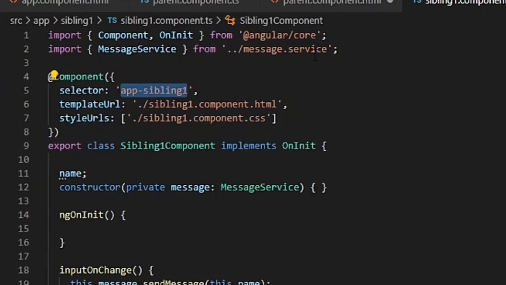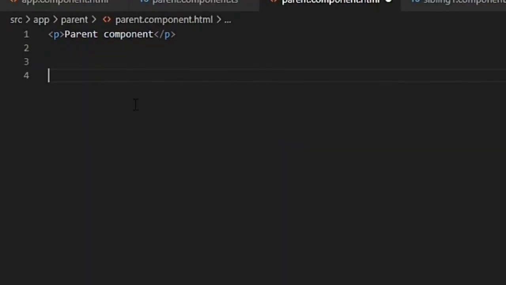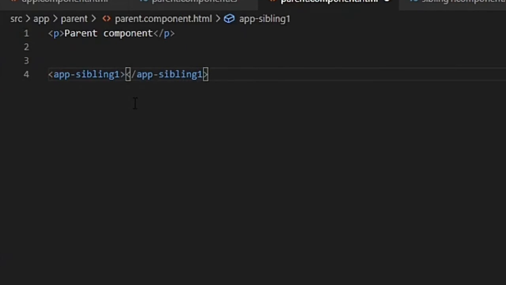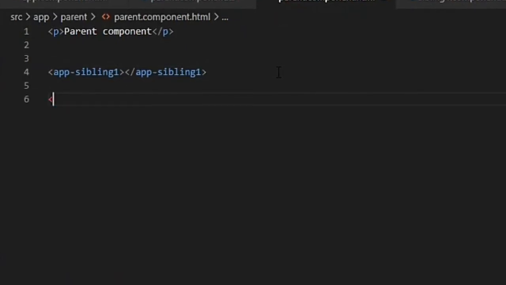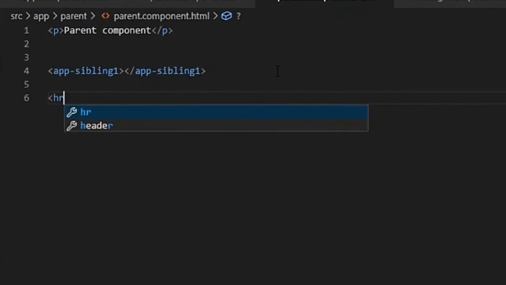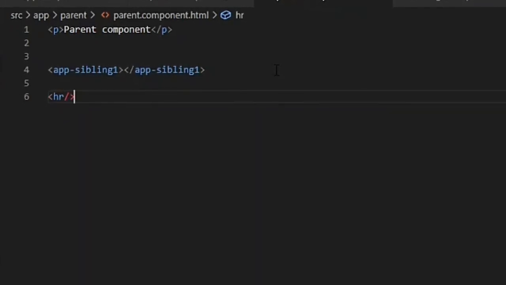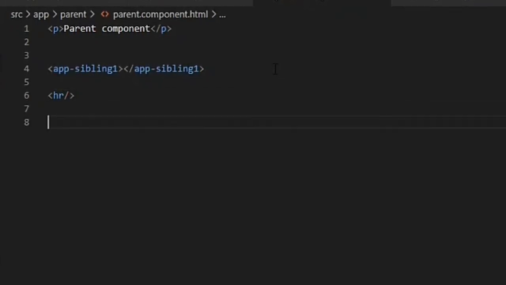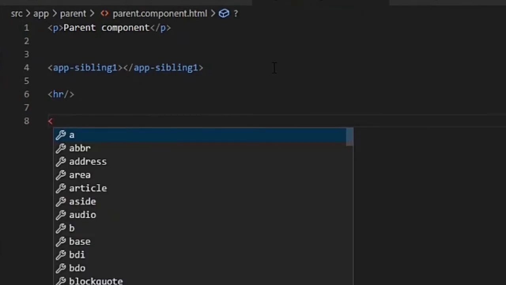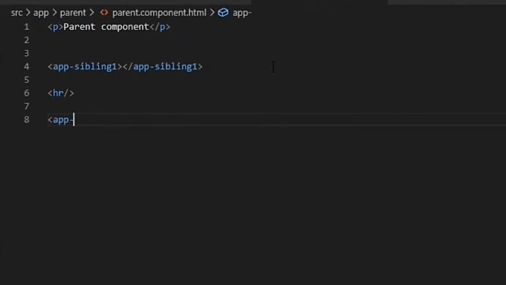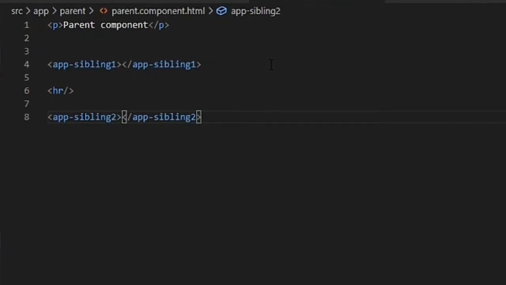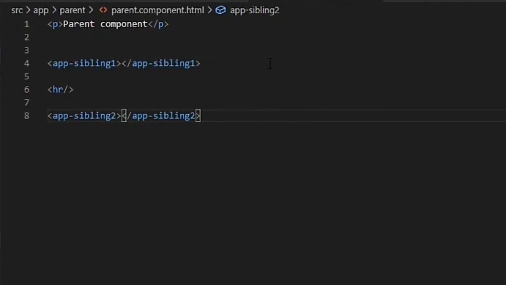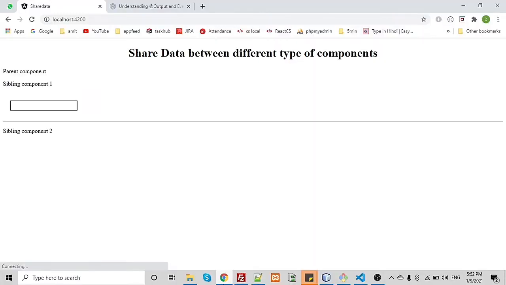Copy this app-sibling-one and paste it here. Put a horizontal line as a separator between app-sibling-one and app-sibling-two. Now let's see in the browser how it's working.